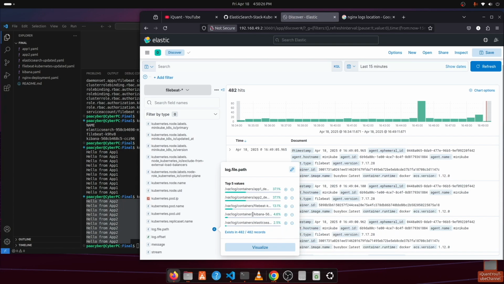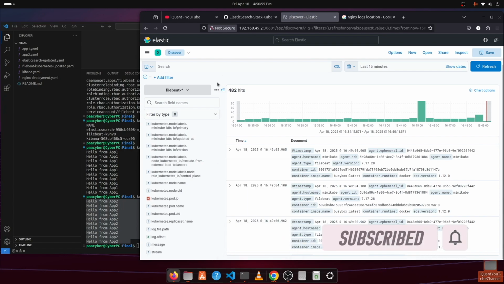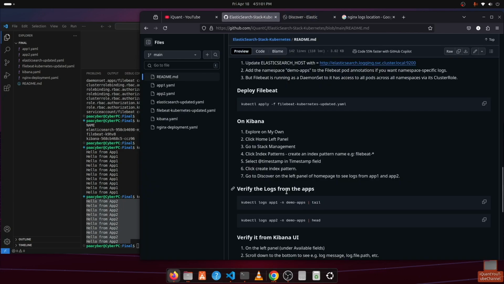So don't forget this. I've had this in an interview in the past where they asked what's the location for logs inside a Linux machine. So you should always know this. If it's a container, it's /var/log/containers and whatever application it is. If it's not a container but a VM or a server, then it's located inside /var/log. And then the application, if it's NGINX, this part will be /var/log/nginx. Right. Good. By the way, all the instructions here, I have listed them out right here so you can follow